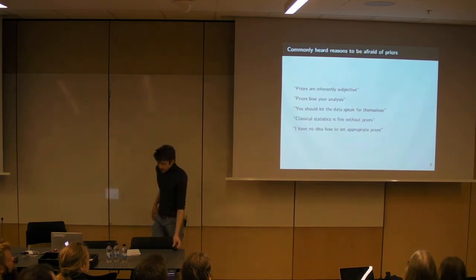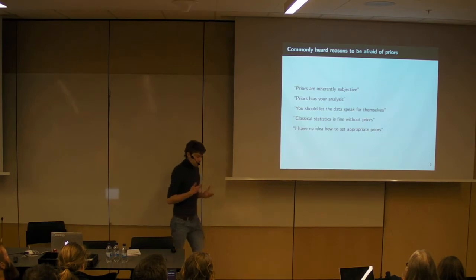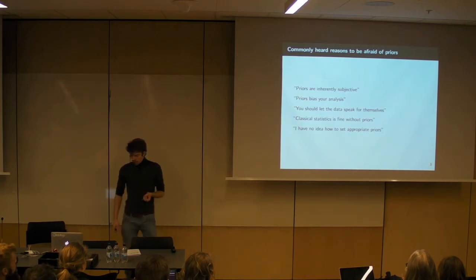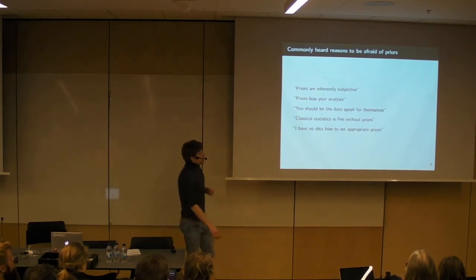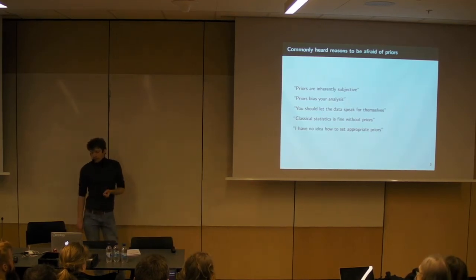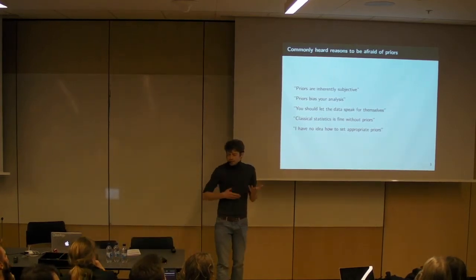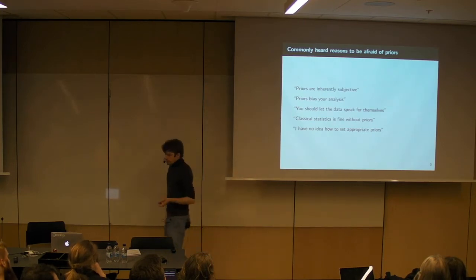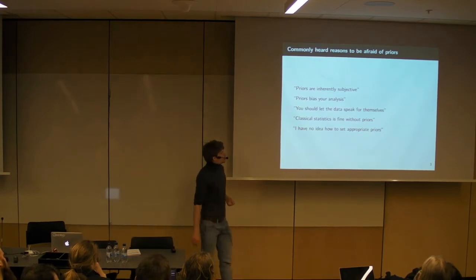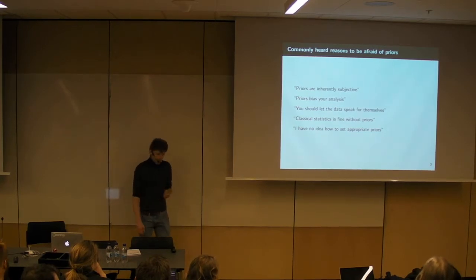Okay, so now people are often afraid of priors because we put information about the parameters into the model which is not coming from the data, right? That's basically the definition of the prior, and there are some thoughts people have which you can understand. First of all, people have learned or say that priors are inherently subjective. Every researcher who wants to do Bayesian statistics can have their own prior. So they're subjective in a sense. That's what people say, and I will talk about this.